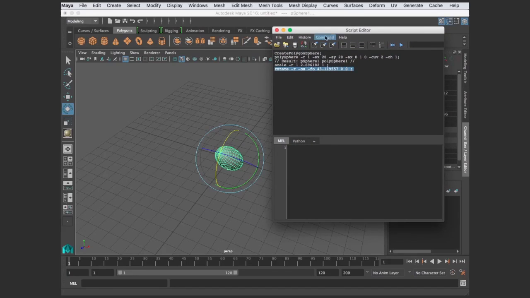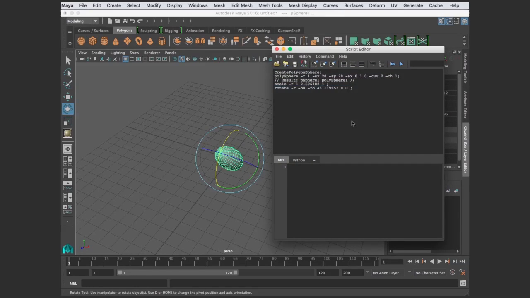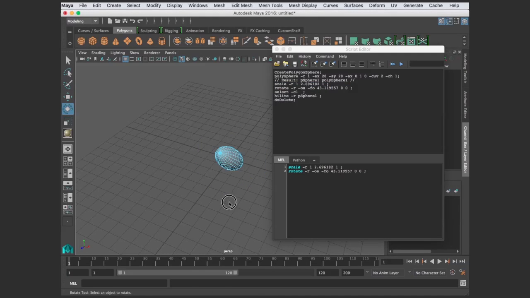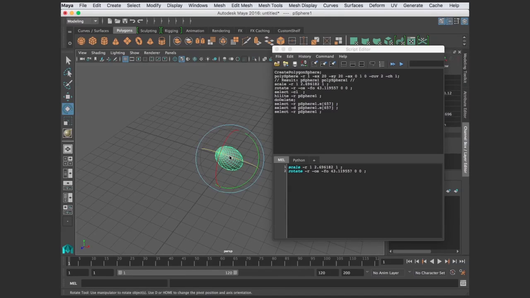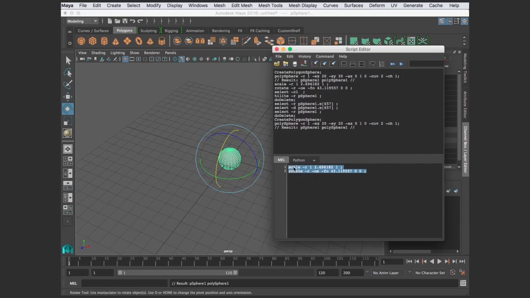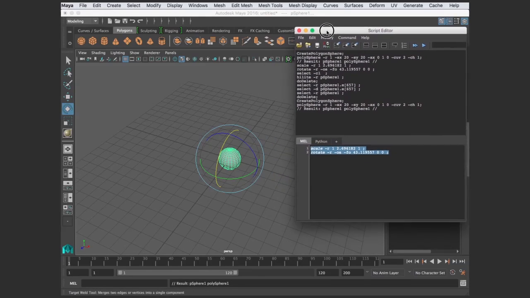So why am I showing you this while we're talking about the shelf? Well, bear with me. So I'm going to take these two commands here. I'm just going to middle mouse them, drag them here, and I want to show you something neat about the script editor. Sorry about that, I'm just trying to delete that. Okay, so if I create an object, and I can highlight this MEL script that I created from the history,